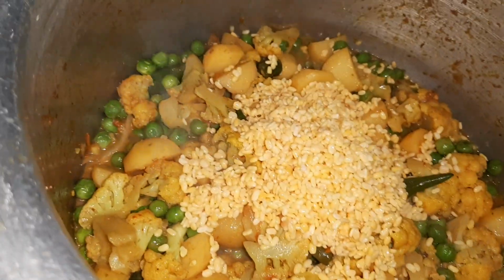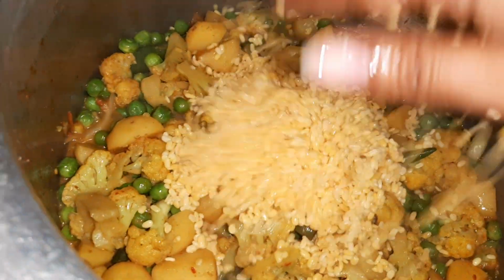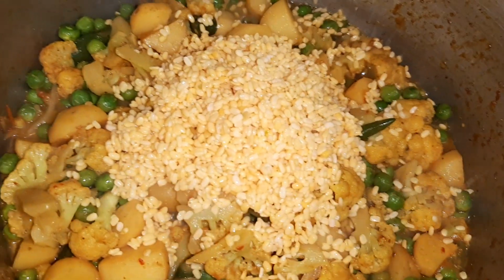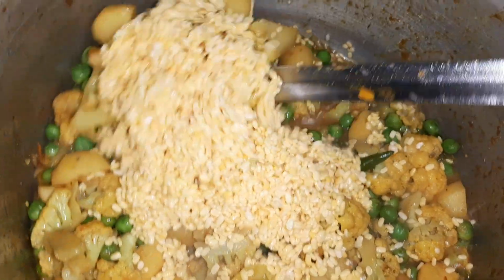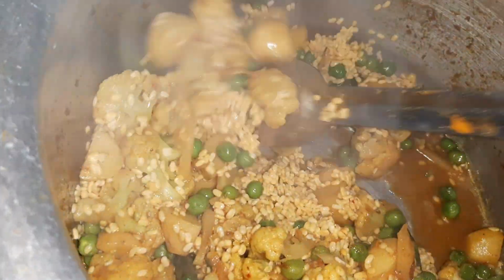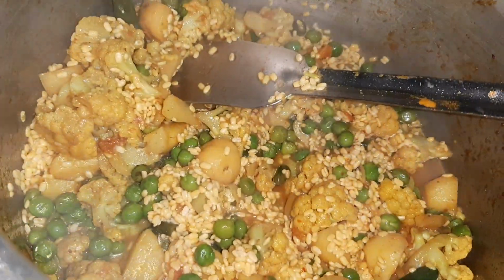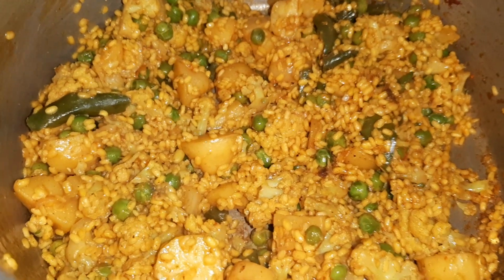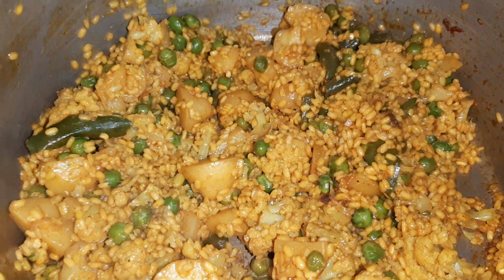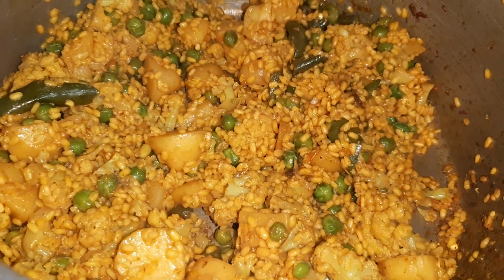Remember, I'm going to add my rice later on. I've washed my dal and now I will mix it and cook it for near about 5 to 7 minutes. Now I finish sauteing the dal with my vegetables. Now I am going to add the last step, that is the